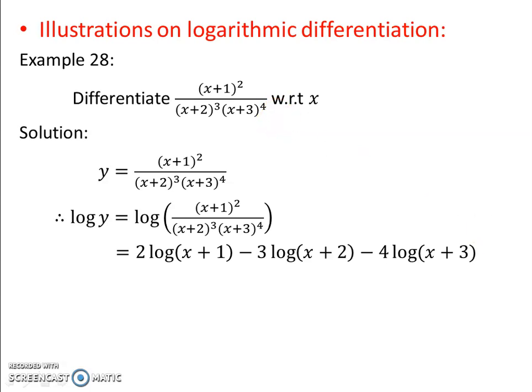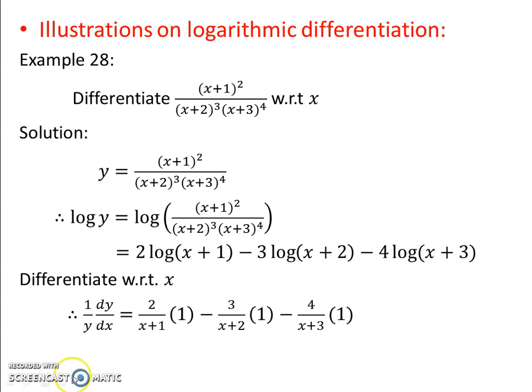Here we will differentiate both sides with respect to x, that is, differentiating log y with respect to x. Now log y को differentiate करना है with respect to x. So y is not x, it is something, so we have to use the chain rule. The derivative of log of something will be 1 upon something into the derivative of something, so 1 by y into dy by dx. If we differentiate log y with respect to y, the derivative will be 1 by y only, but we are differentiating with respect to x, hence it is something.